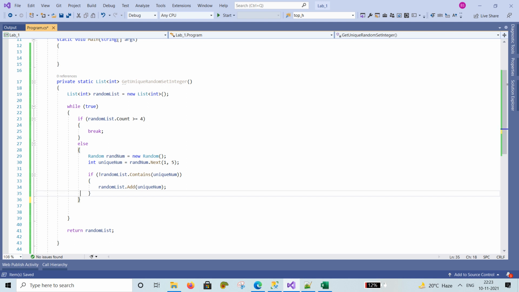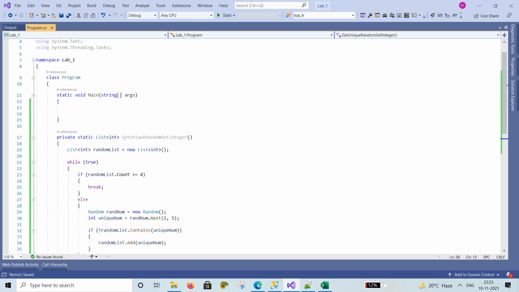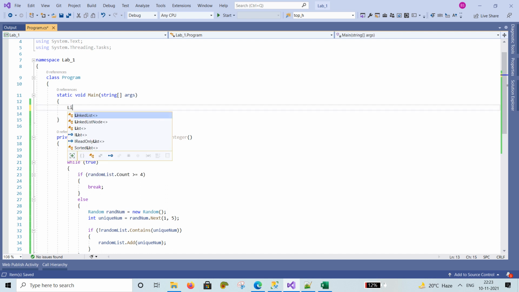Now we want to call this method, get unique random set integer. Here we want to generate 5 sets of numbers, so we use a for loop to run 5 times.